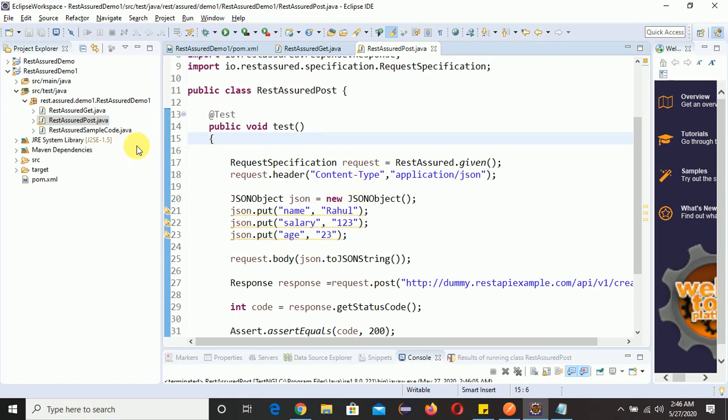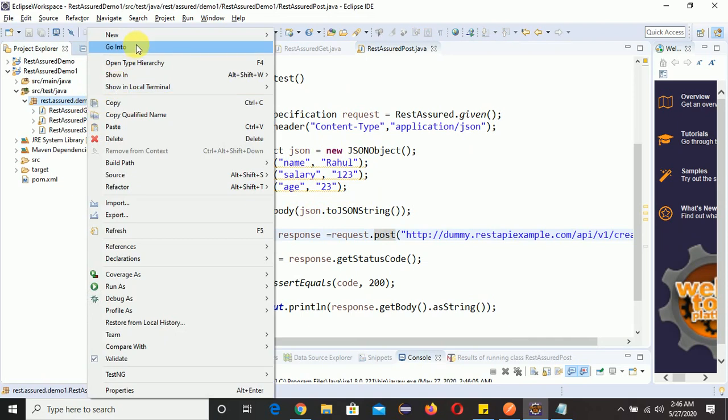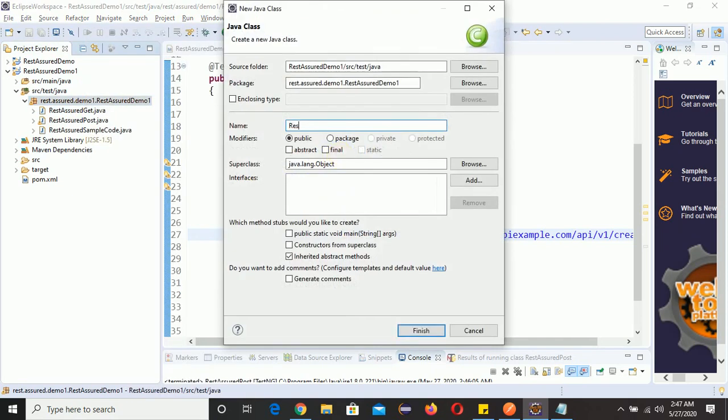So that put one is very simple. The post, this is the code, whole code will be same, and we just need to change it here. Instead of post we need to do put, and whatever you want to change, right? So you can change it here. Our code will be same. So let me create class rest assured put.